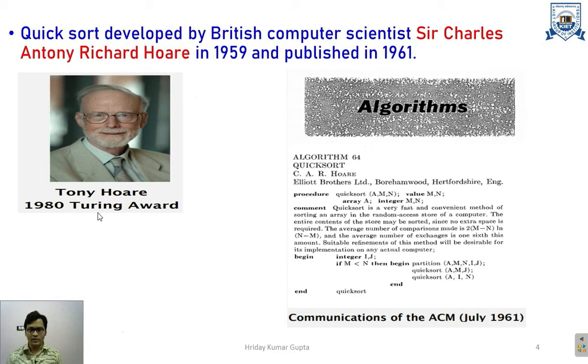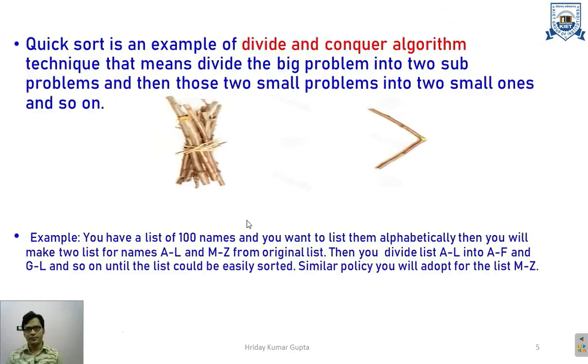Like Bharat Ratna is the highest civilian award, similarly the Turing Award is the highest award in computer science. And this is the paper that he published in 1961. If you are interested, you can refer to this paper on Google. Right? Okay. Now,